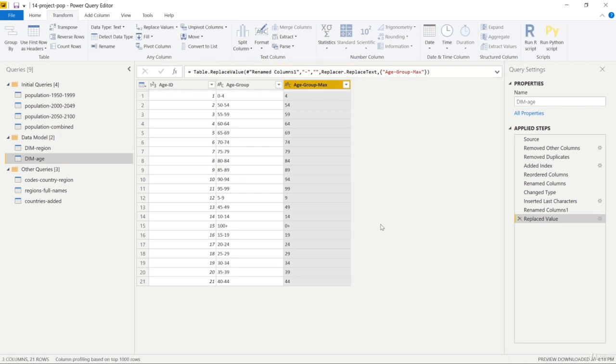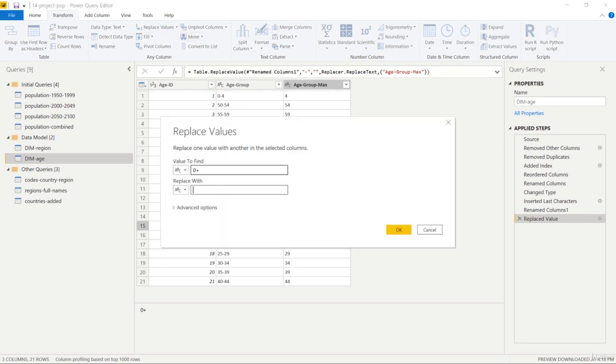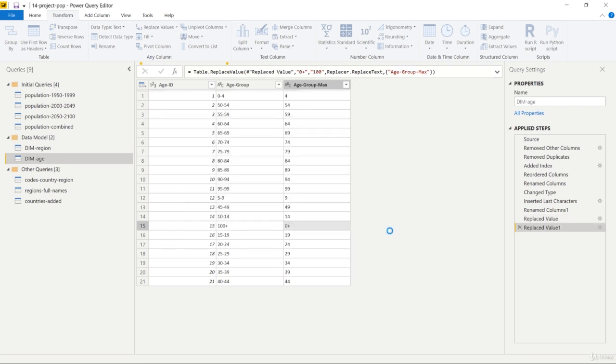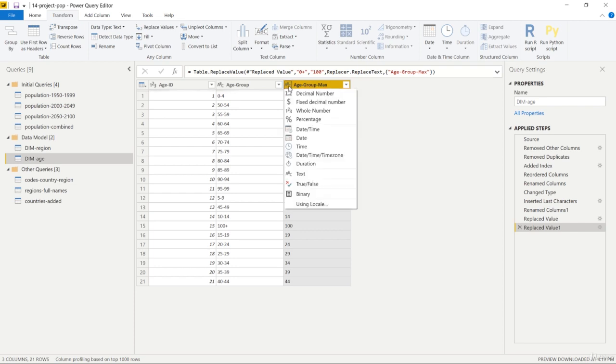This worked perfectly, and now let's tackle this 0+ right here. This should be our 100 symbol, so we select the value, because if we then go to replace values, we have it selected already here, and we replace it with 100. Again, let's apply this change and wait a bit. So now we have our corrected maximum values. 2 things to be added. The first one is we should change the format from the text right here to a whole number, because this was one of the goals